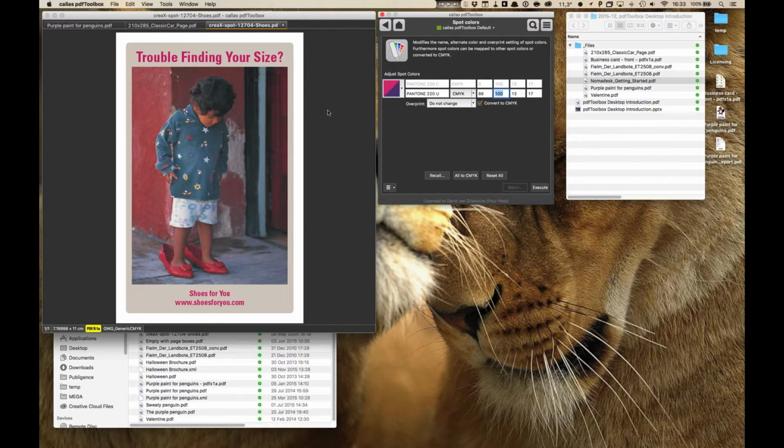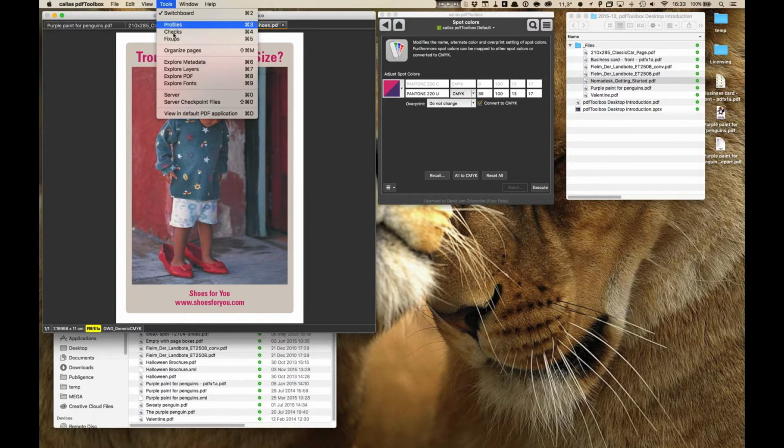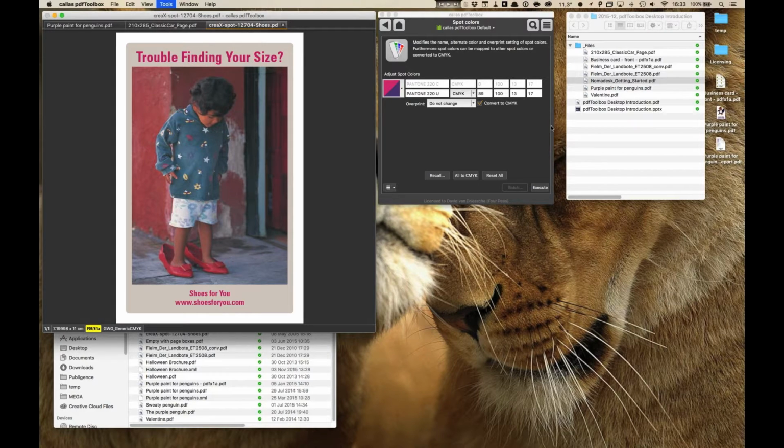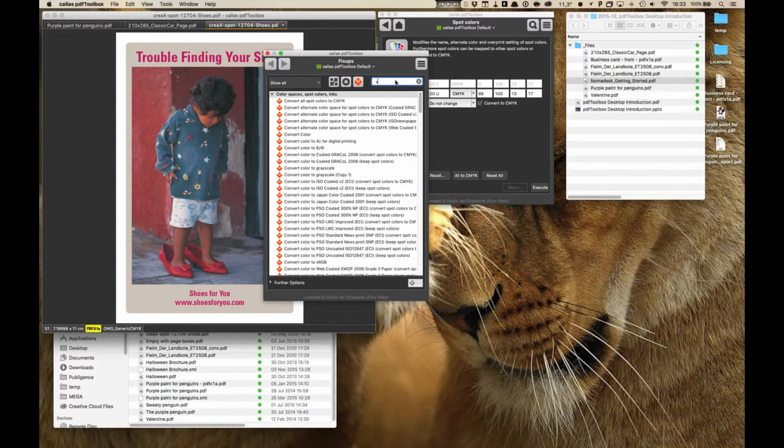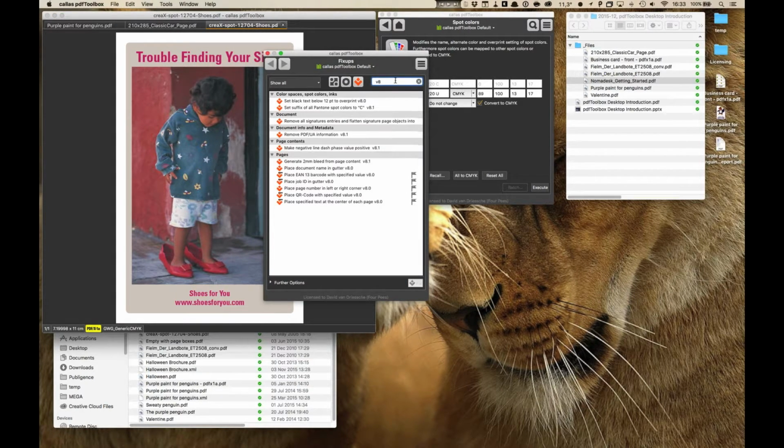So this is a manual tool that allows you to intervene with the spot colors that you have in the document and allows you to clean them up, for example. This gets to be a little bit technical perhaps, but I want to very briefly go back to fix-ups. And we're going to search for V8 in here. So observe that I can simply type in here and it will filter the